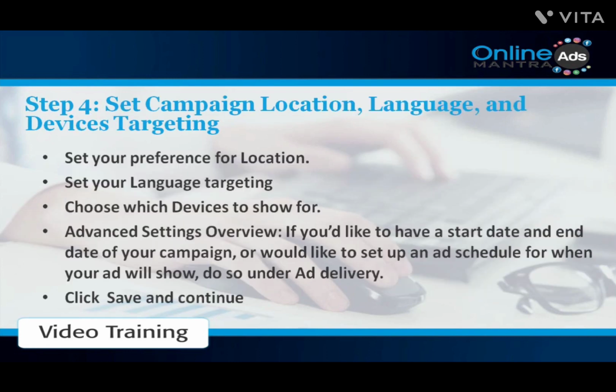Step 4. Set campaign location, language, and devices targeting. Set your preference for location. Set your language targeting. Choose which devices to show for. Advanced Settings Overview. If you'd like to have a start date and end date of your campaign, or would like to set up an ad schedule for when your ad will show, do so under Ad Delivery. Click Save and